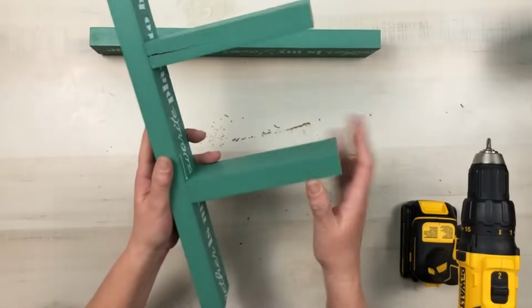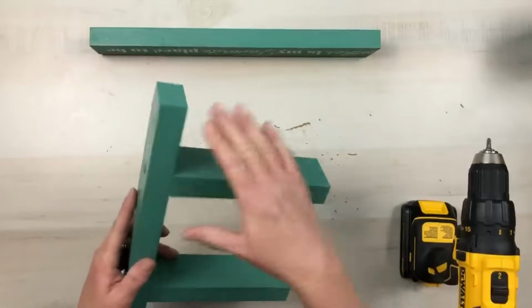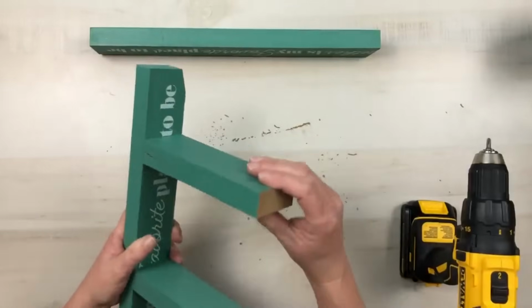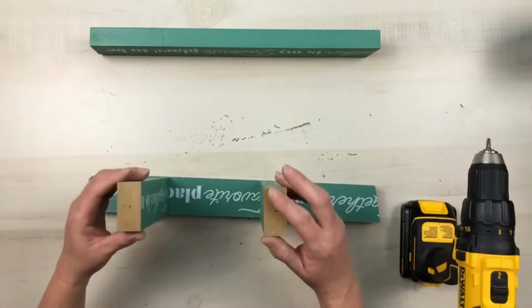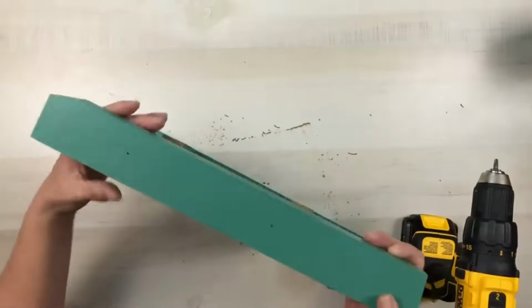So learn from my mistake, and then you won't have this big old crack there at the top. Then I can go ahead and add my other outside piece, doing the same thing, drilling those 2-inch screws in there. And so after I get these drilled in,